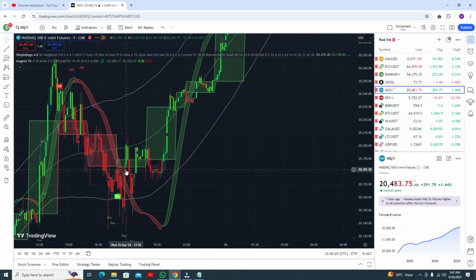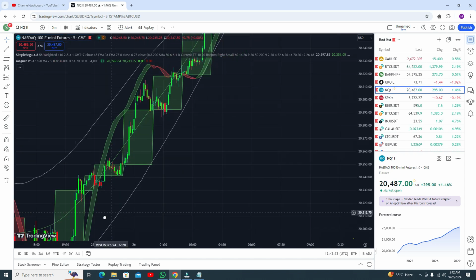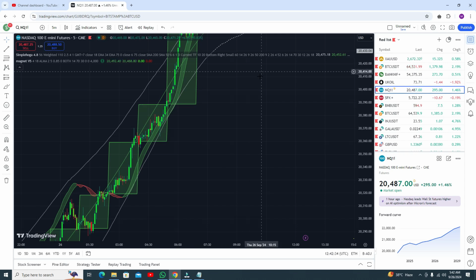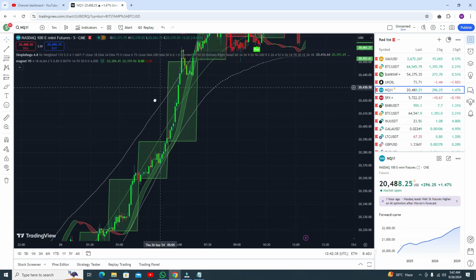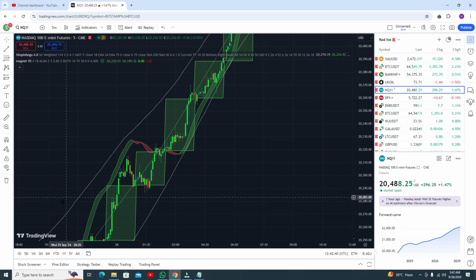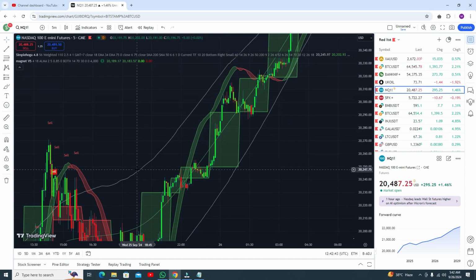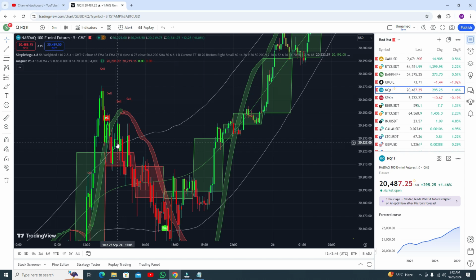In the previous one, this one, you can see you are getting both buy signals, this one and this one. RSI is below the lower band, so this is your perfect buy trade, and if you need, you can exit the trade like here. It gives you huge profit. Okay, in the previous one, this one, you can see this is the sell signal, and it gives you profit here.